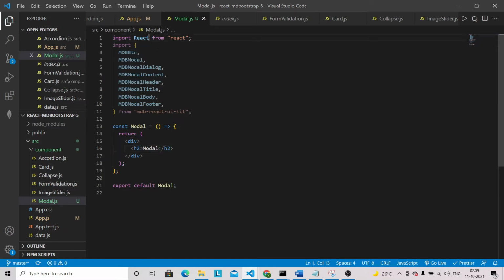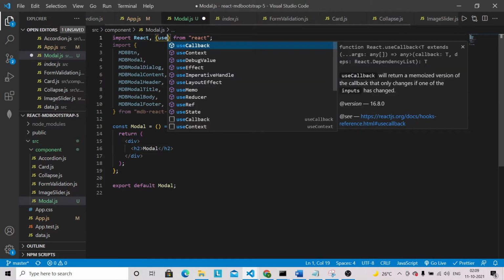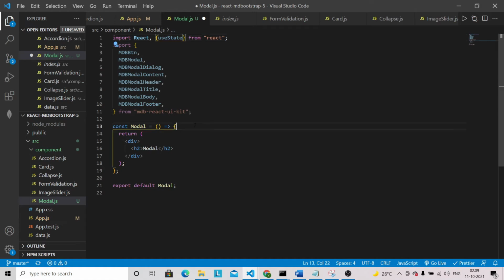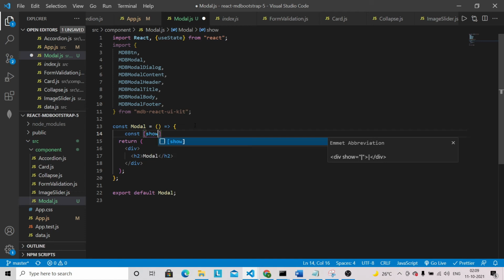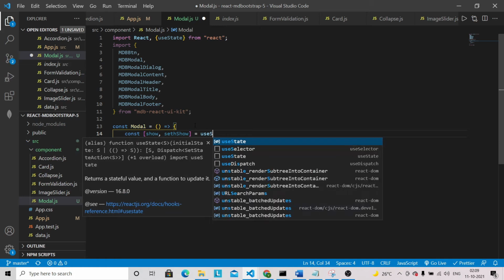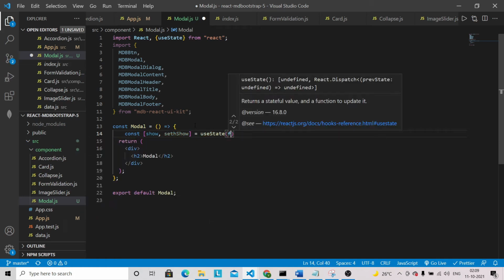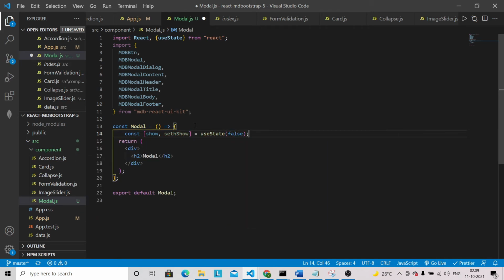Let's format this, and we have to bring useState, and let's define one state here. That will be show, setShow, useState, and initially it will be false.